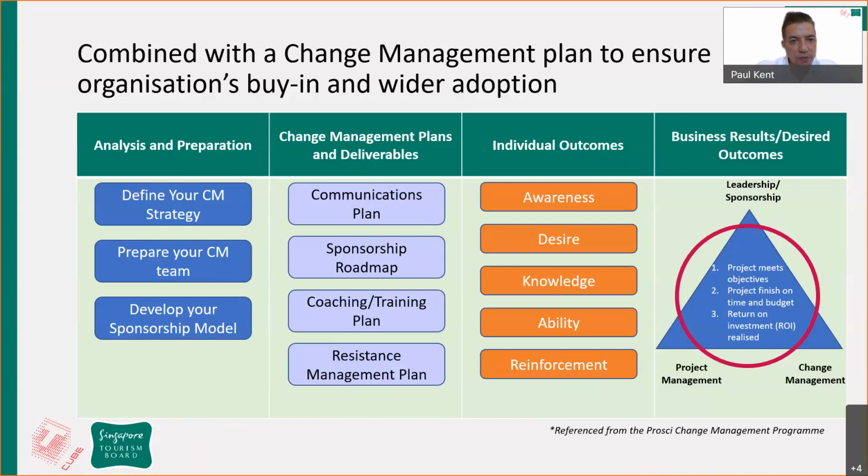Then getting into the management plans and deliverables, a communication plan. Communication's essential in everything. If you think of your own business and everything you do on a day-to-day basis, success is always driven by clear and constant communication, no different to this. Sponsorship roadmap, again, if it's quite simple, it's just talking to someone quite regularly. You might have a 1 hour or half an hour Teams meeting per week or something like that. If it's something bigger, then it's a more formal process.